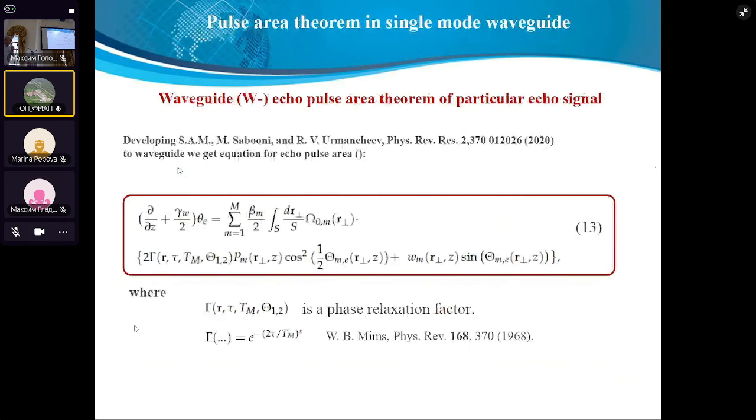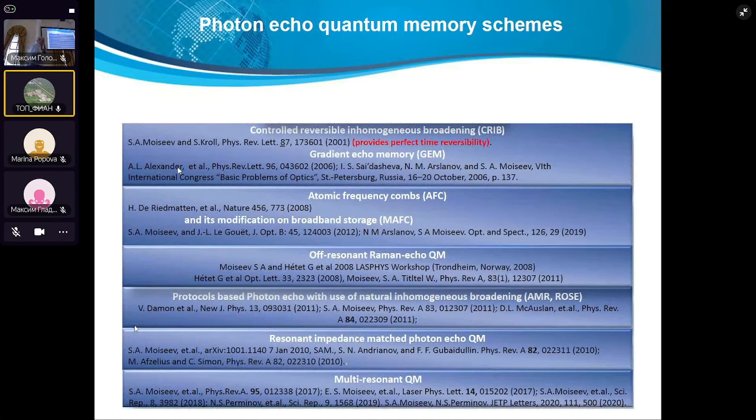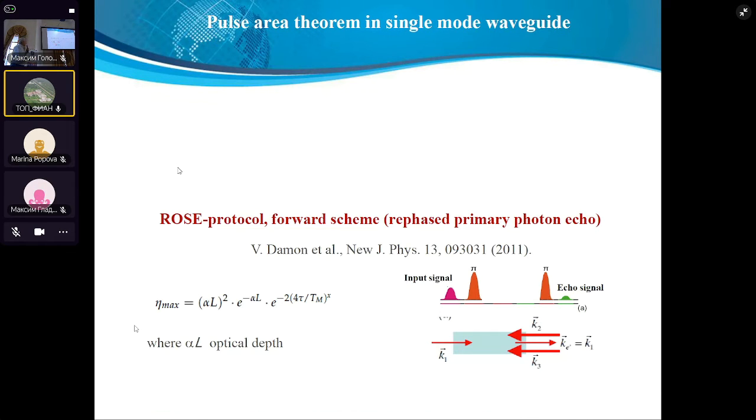Okay, but of course we are interested in each echo signal in particular, primary and others. For this situation it's also possible to get such an equation for the echo signal, but here it is more complicated, but in principle numerically it can be easily solved, I hope. And now we are working in this direction, and in principle we can say that such equations can be applied for different schemes of photon echo, which are now under consideration. And in this work, we focus on the ROSA protocol,